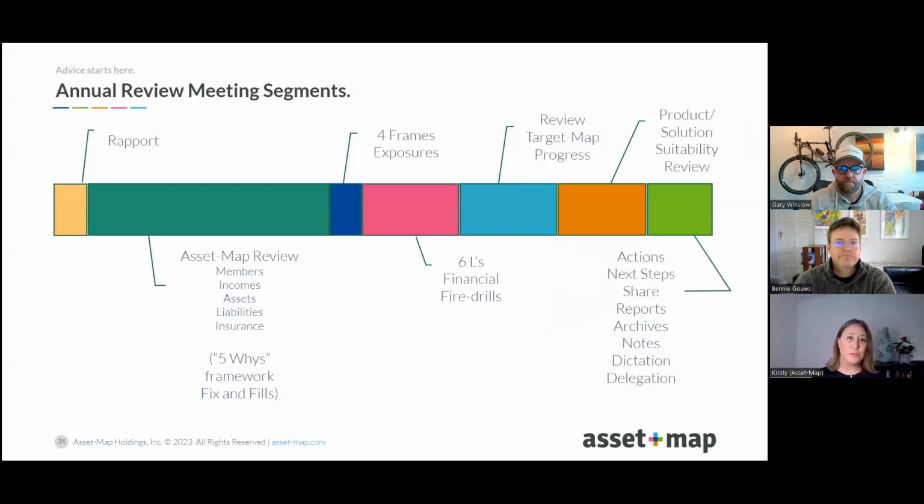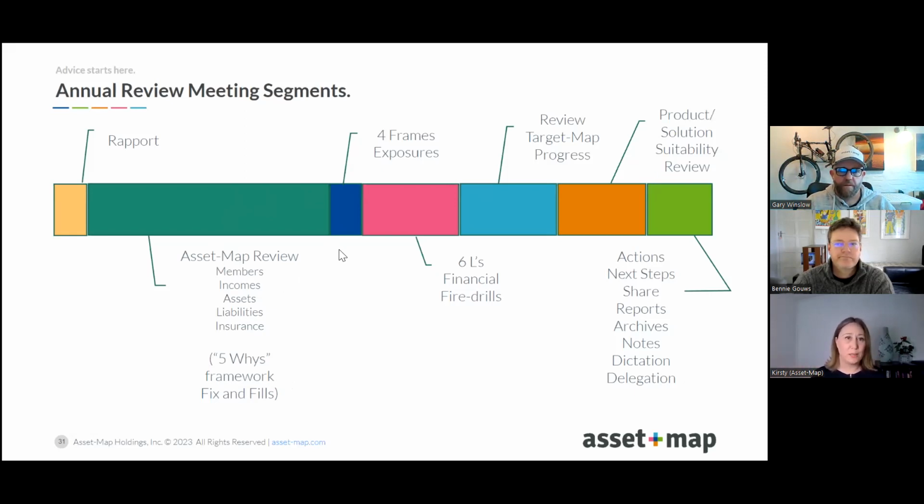But the key points, and you'll find your own process and way and how you want to bring them in. But the key points we want to share here is that we want to start with that rapport and checking in with where the client is today, asking those questions, asking the 5 whys with that curiosity. And to Gary's earlier point, things may have changed. So understanding what has changed in the client's life, what has changed on this picture before we then take those steps to move forward. So it starts here with rapport, then working through the map, reviewing the members, the incomes, assets, liabilities,